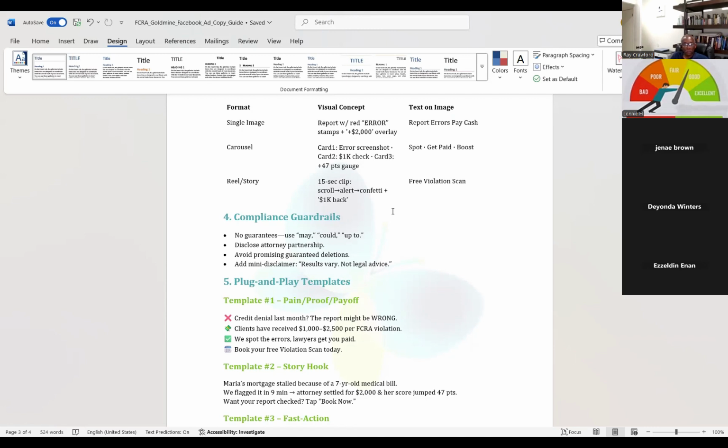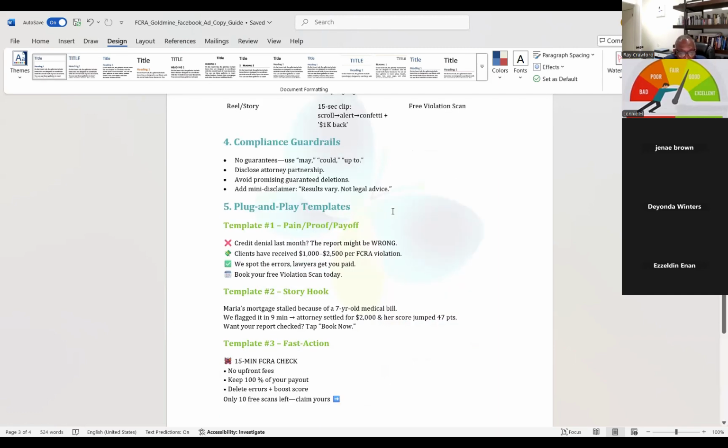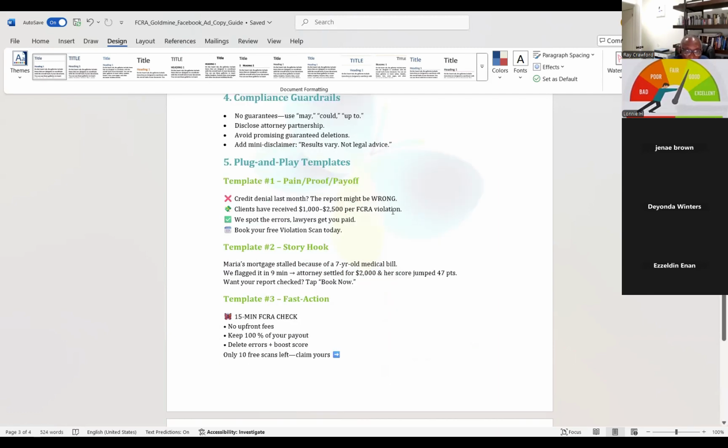Compliance rails: you don't want to ever guarantee anything in credit repair. But you can say may, could, typically. I wouldn't say much more than $1,000, because pretty much $1,000 is what they're going to get. It could be up to $2,500, but typically it's going to be just $1,000. And avoid the deletions. If they do get a deletion, if it's an FCRA violation and it was successfully settled, you can't